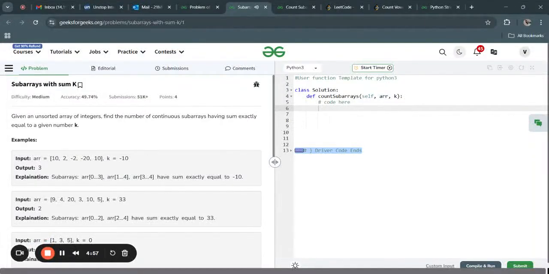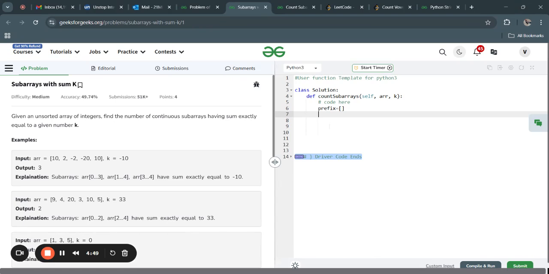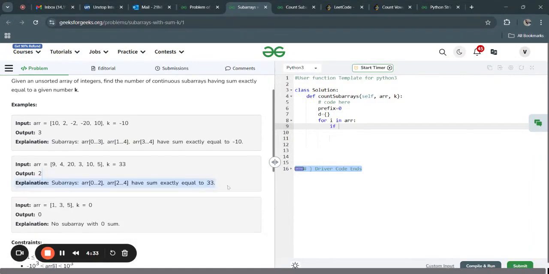Let us solve subarrays with sum k. To solve this, let us take a prefix sum and a dictionary, and let us traverse through the array. And if we are able to find the exact thing,